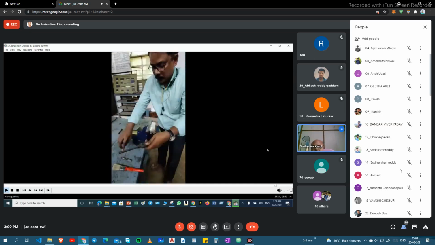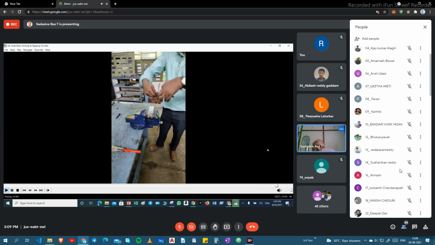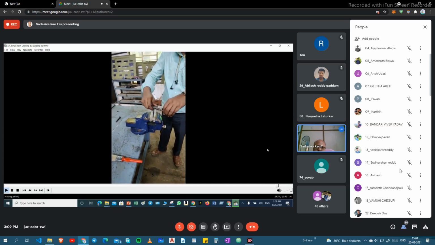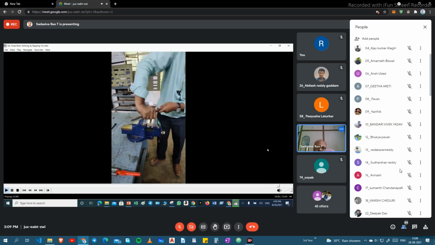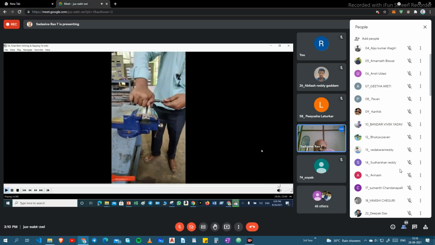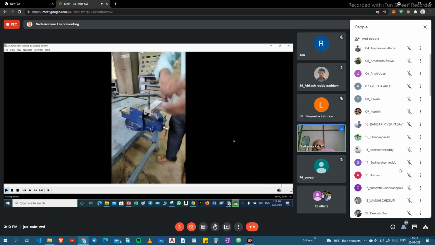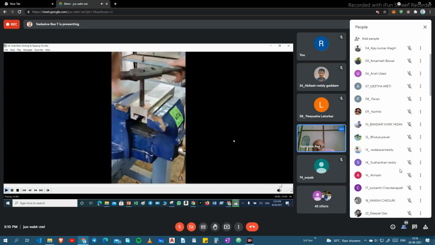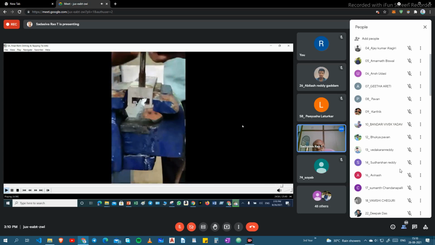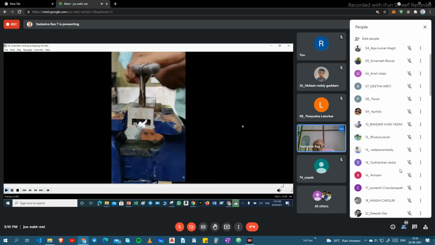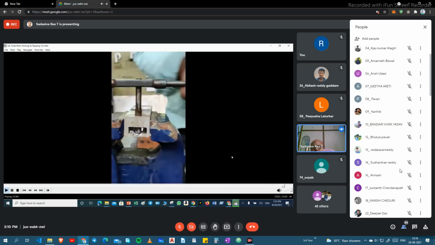Right, and this is the final tab, and this is called the track tab. Nothing but the track tab. Simply it is going down. This is the final tab. This is a tapping operation. This is a method to make internal threads, right?